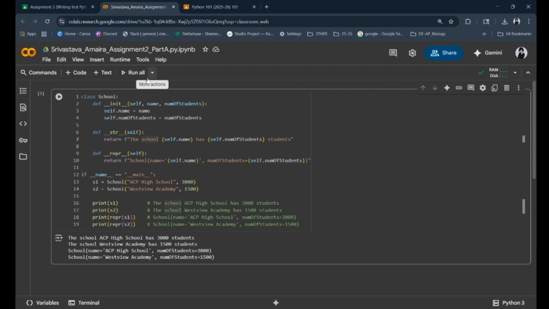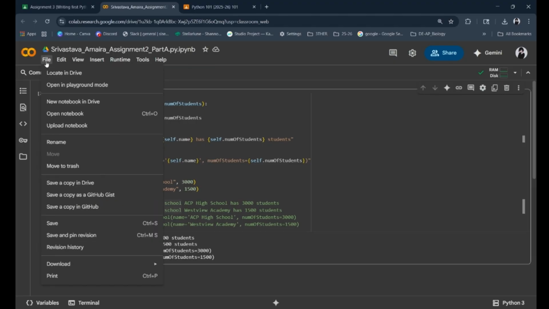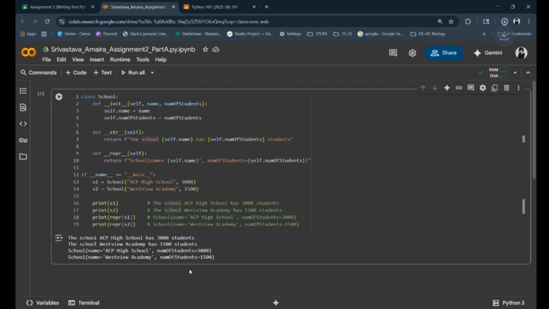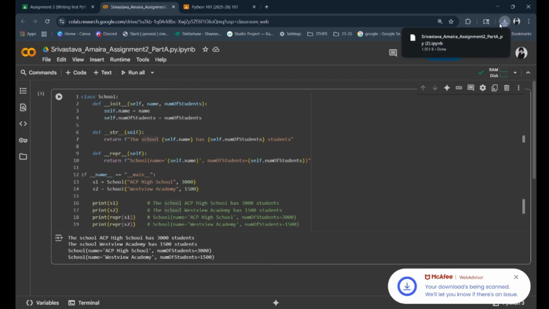The first one is by downloading it. In order to download it, we need to click on File. We need to go to the second last option, which is Download, and click Download .ipynb. As you can see over here in our Downloads tab, it's going to be downloaded. So now